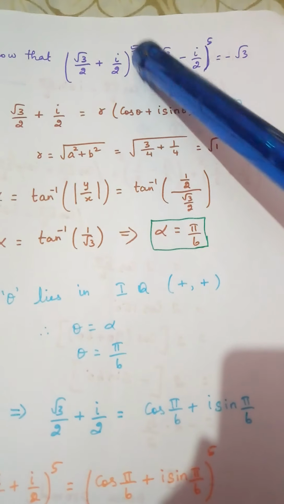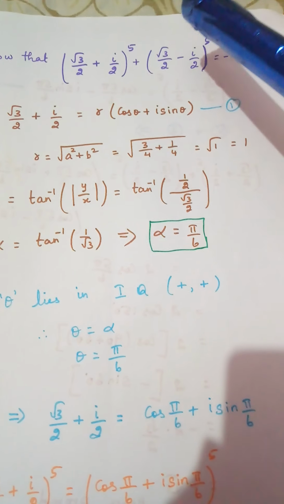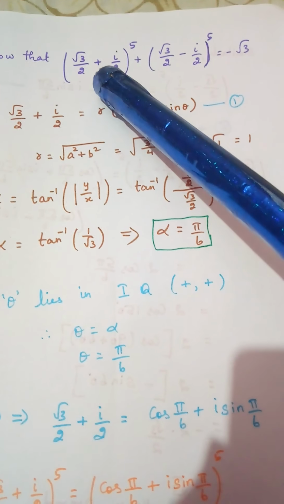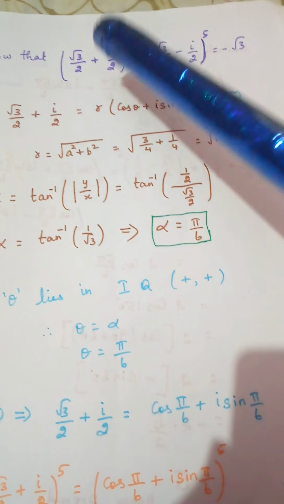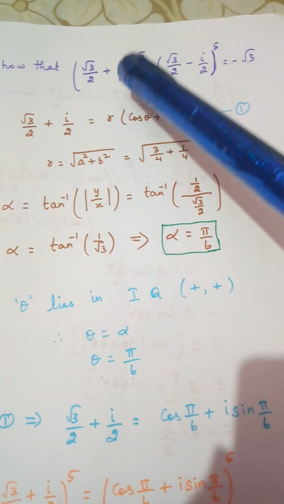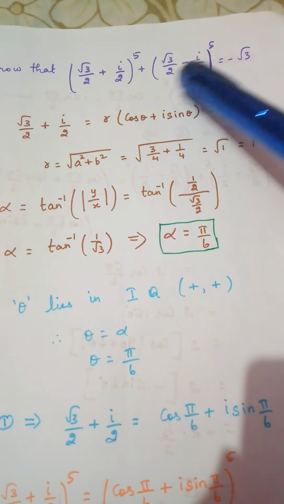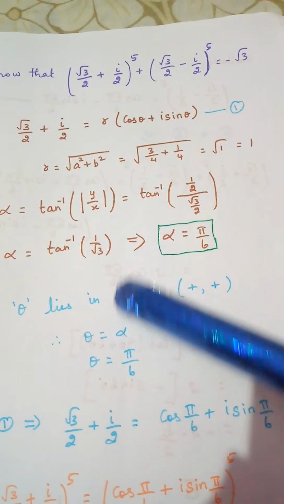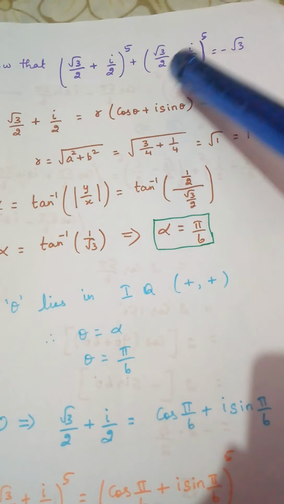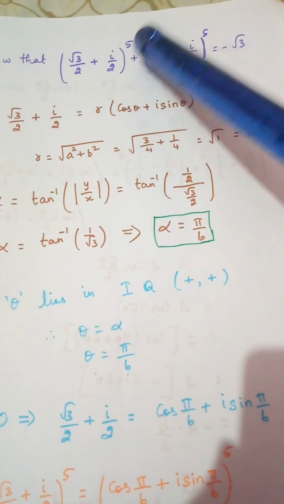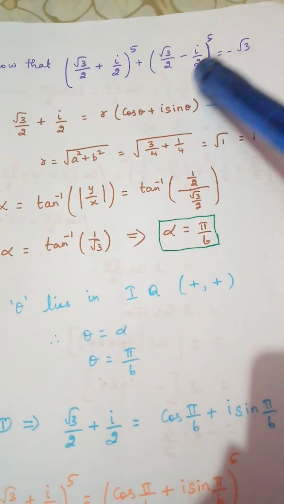So what is the meaning? Now I have calculated this term. Next I want this, right? You should listen carefully. This is a complex number, and this is nothing but its conjugate. Since these two are conjugates, I have already found the polar form of this, so I need not take this and once again find the polar form. I can do it, but it need not be done like that.